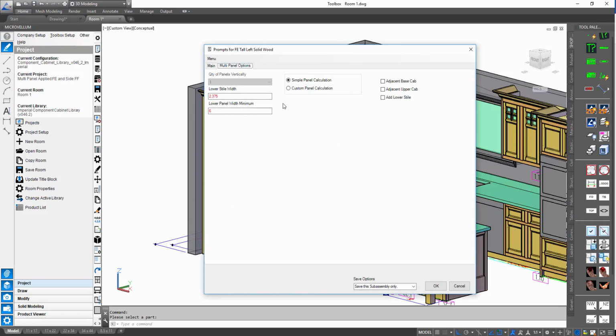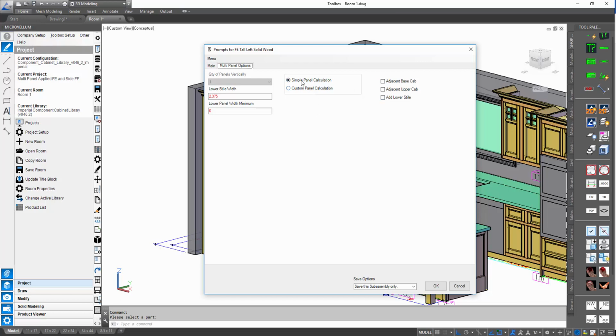And what we see in front of us in the middle right here, we see the quantity of panels vertically, and we also see some radio buttons in the middle here and some choices. So it's a pretty small amount of prompts, but prompts will dynamically appear based on the choices, and we'll get more and more choices based upon what we've entered here. We can add mid styles and other things once we'll see here, but first thing I'm going to explain is